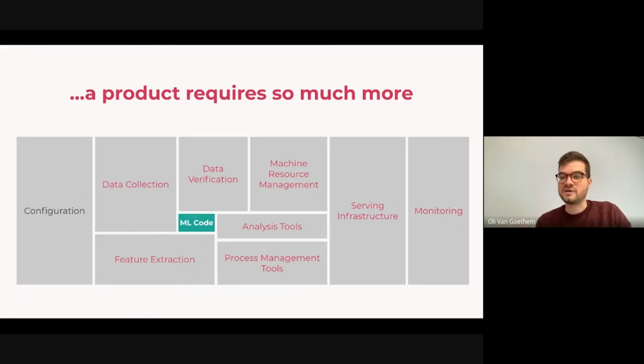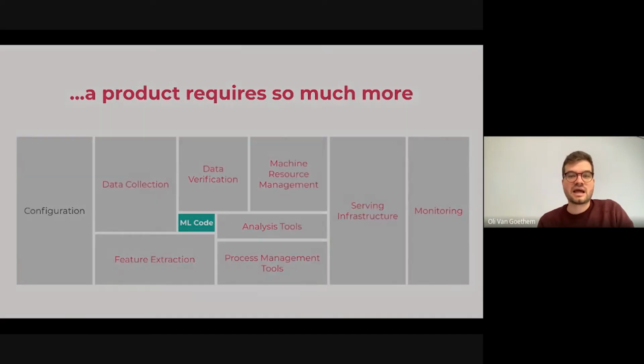Is there any kind of feature extraction or any additional processing we need to do on the data to make sure we're not adding bias, for example? How are we actually going to train the machine learning model at scale? It might work fine on a local laptop, but how does it work over terabytes or petabytes of data? How are we going to evaluate how the model is performing over time? So there's a whole range of different things that need to happen.